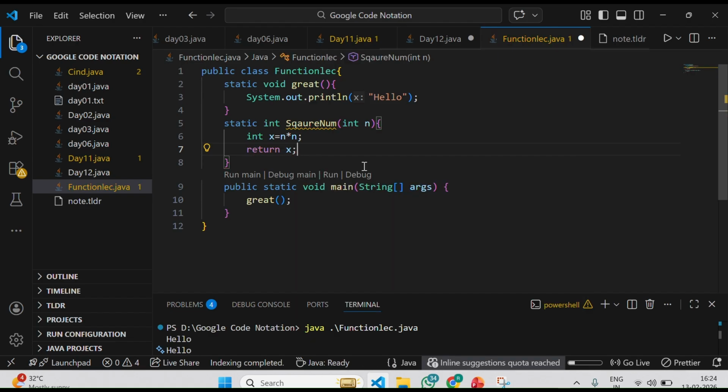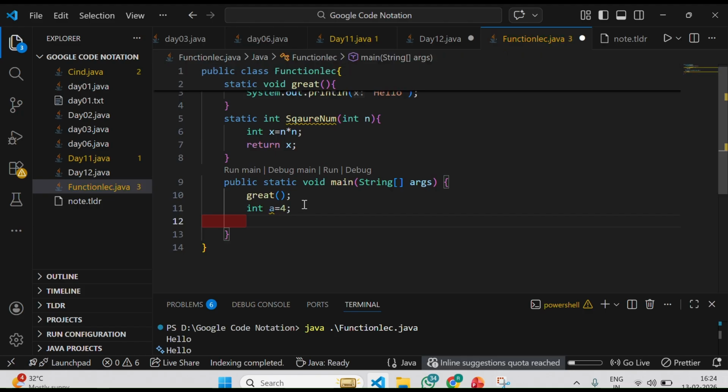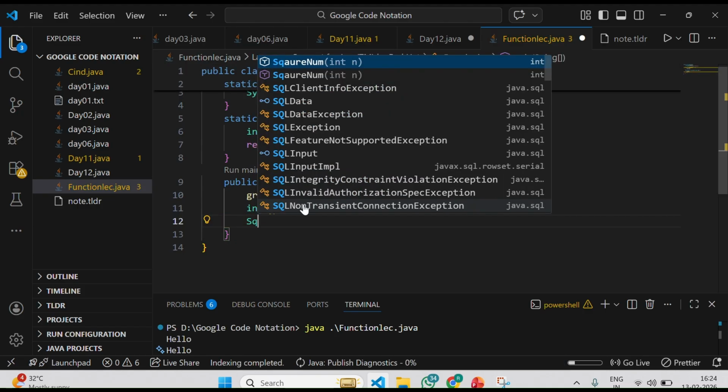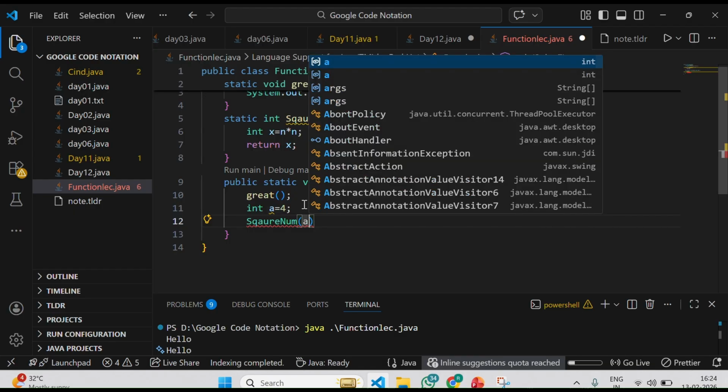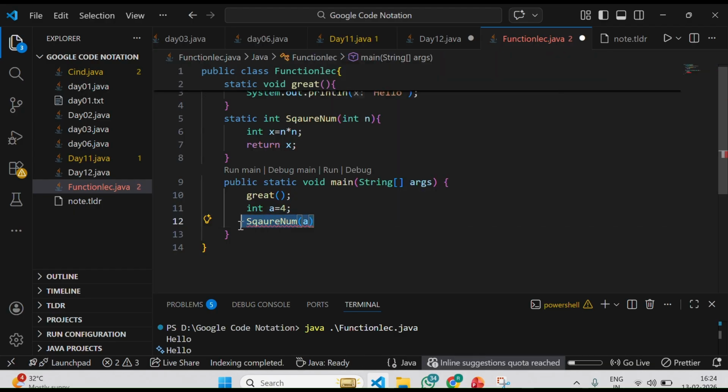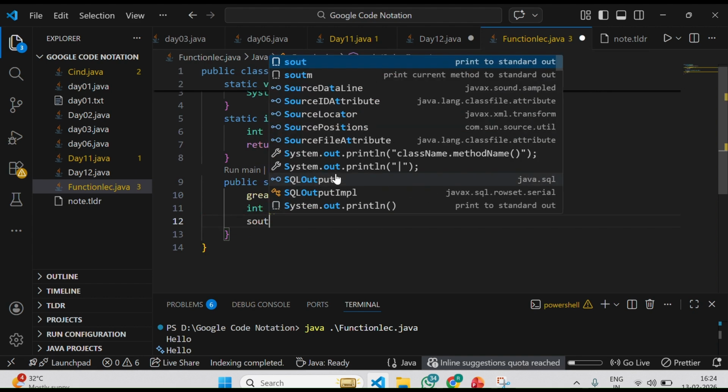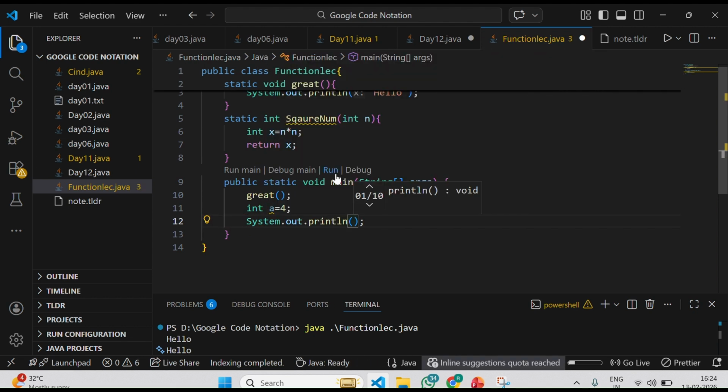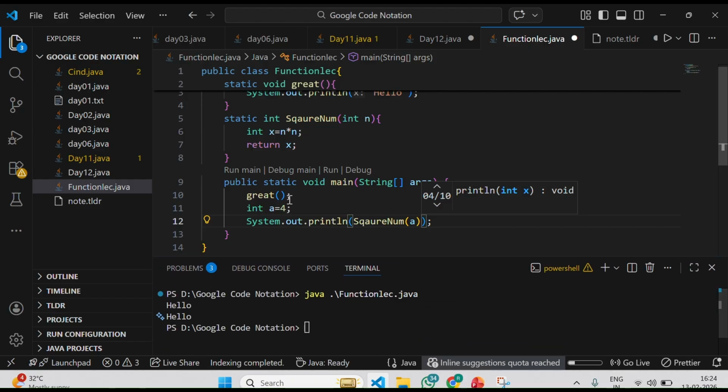So let's compile it. I want to create int a with value 4 and call the function squareNum with the value 4. I want to print the value it returns, I just want to print it. Okay guys, so